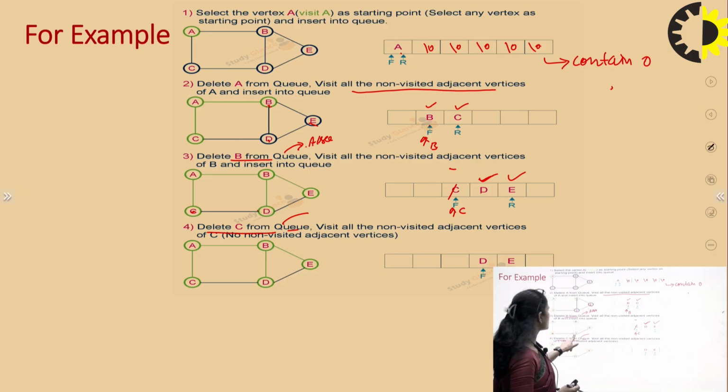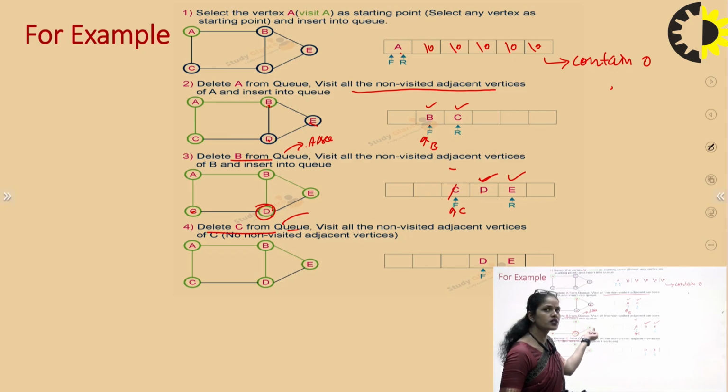So basically we will come to vertex D. As we delete it, that means we are observing the adjacent nodes. And what is the adjacent node? That means D is connecting to B and E. But B is already visited and already deleted, that means we are not repeating, but E is already